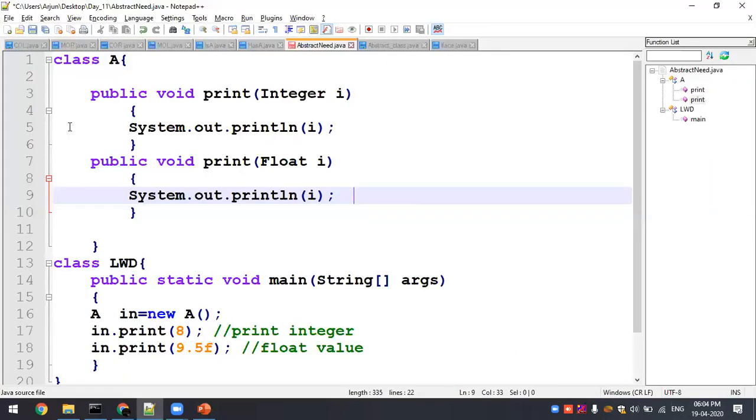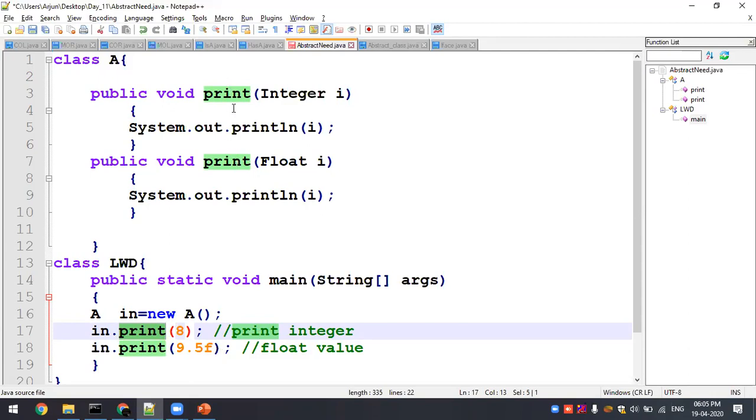You have the same method. As I mentioned earlier, cut is going to do three different things based on the instance. If it is a director case, you will be cutting the cake, and if it is a barbershop, we will be cutting the hair. The cut is going to do two different operations based on the instance we use, right? Similarly here, I have a printf method with an integer and it is going to show the integer value. Similarly, printf 9.5 float value is going to print a float value, right?